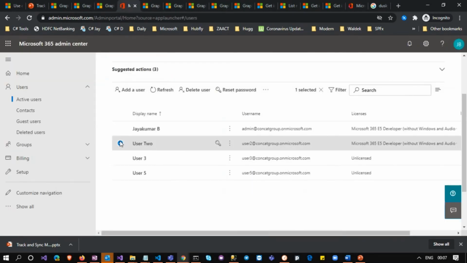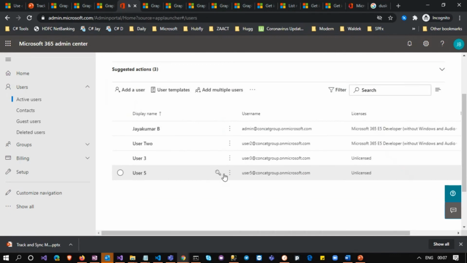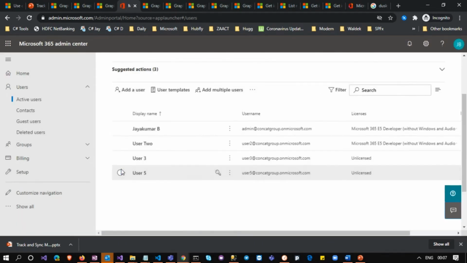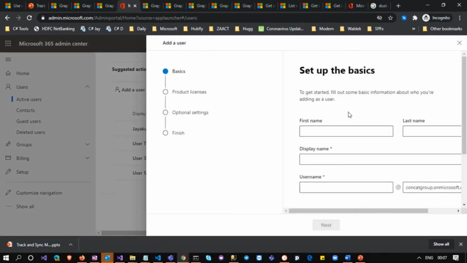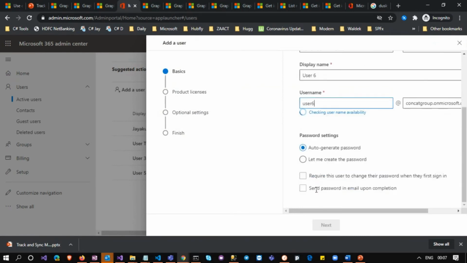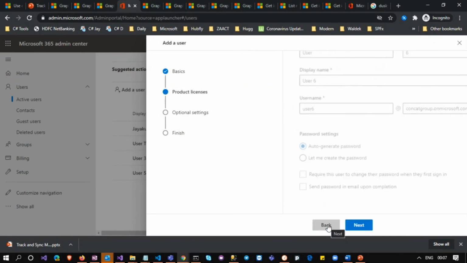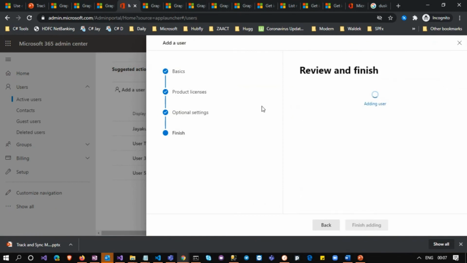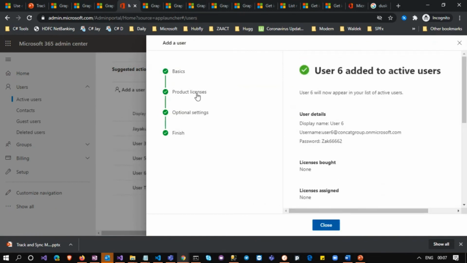Now let's go and delete this user, for example user 5, or let's add a user so you get to know, user 6.